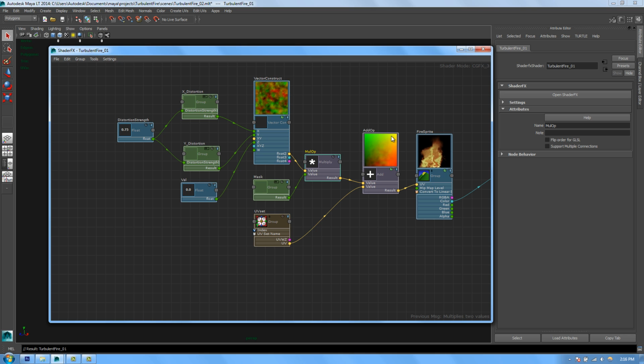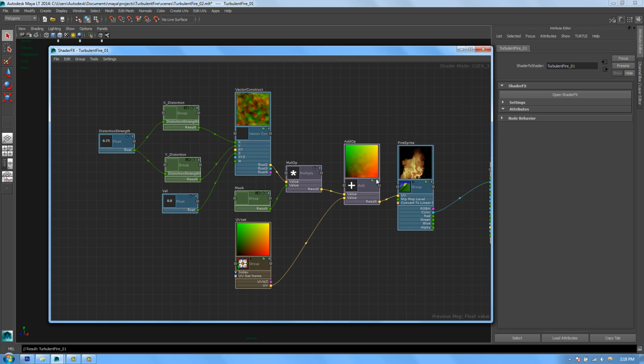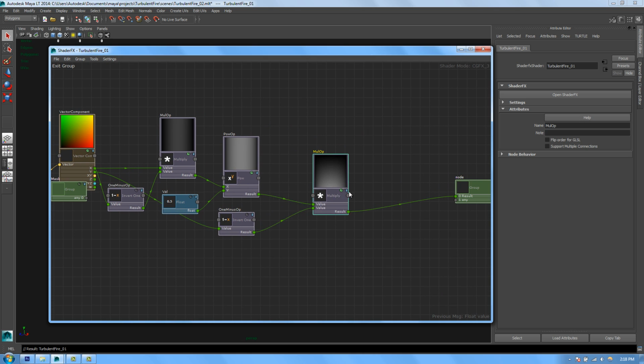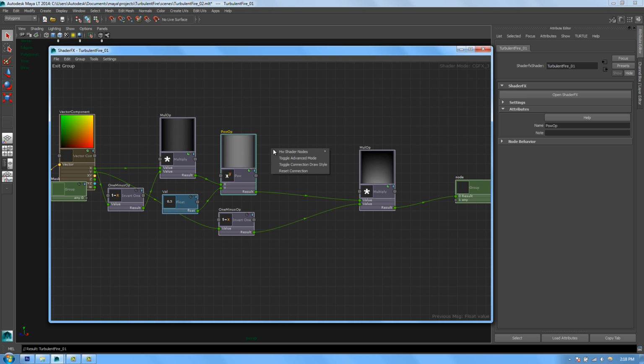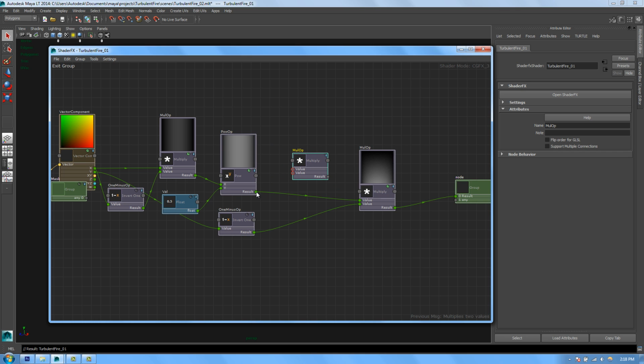And you can see that up around the corners on the sides here, we've just got the basic UV set. And in the center we have the distorted UVs. The mask is not as clear as I had hoped it would be, so we're just going to jump into our group here and do a few adjustments. The first thing that I want to do is drop down a multiply between the power and this multiply here. So math multiply. We're going to plug the power into the first part of our multiply,